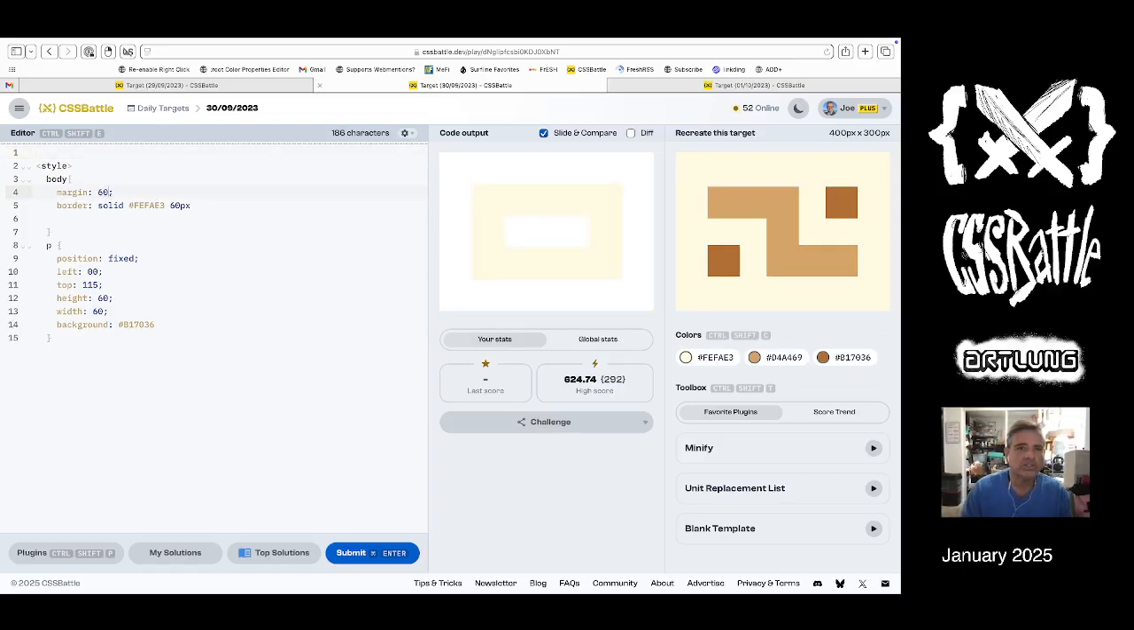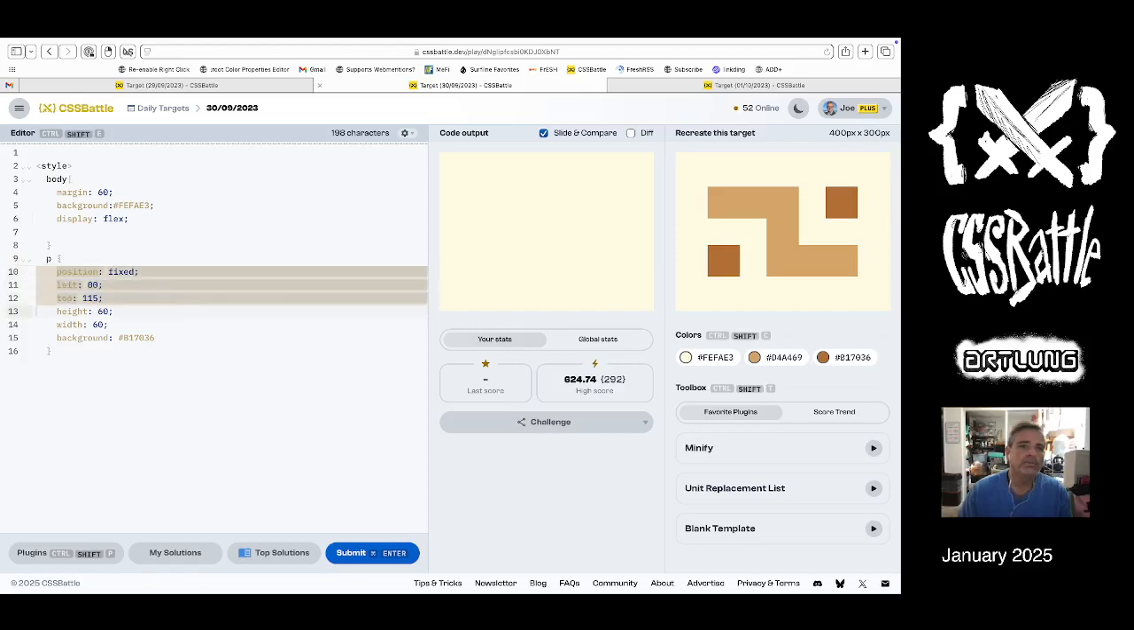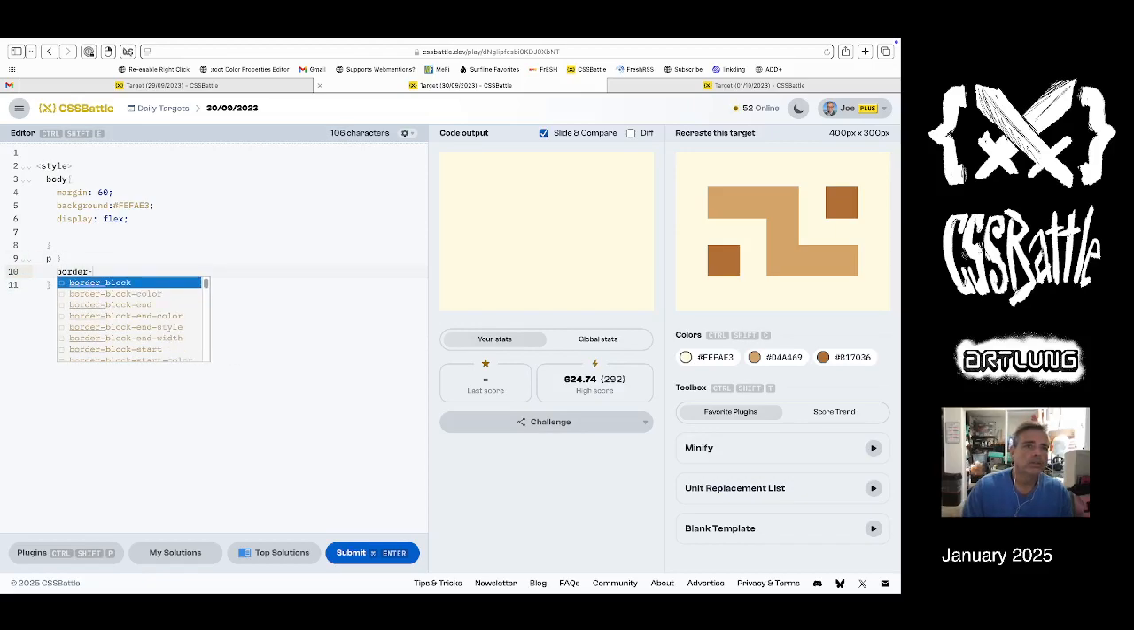Sometimes, you know, flights of fancy, let's say. So let's make the margins on this 60 and set a background on the body. So completely different approach, utterly different approach. And we're going to display flex. We're going to just remove all of this, and we'll do border solid. Do it with borders? Yeah, let's do it with borders. Why not? This is going to be more verbose. So border solid, and then border color,